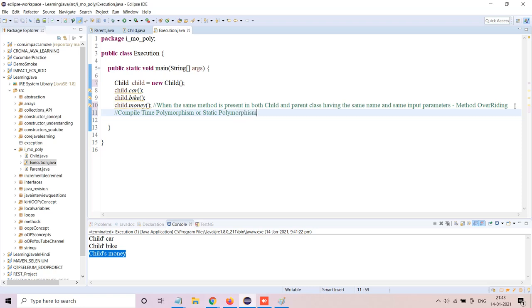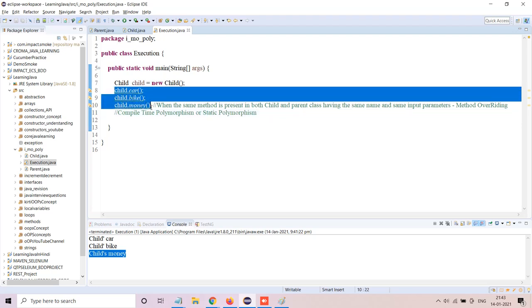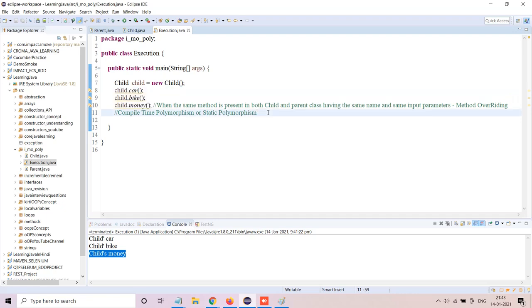Why? Because whenever you are trying to execute, the compiler is just going and picking it up, and that's how it is. So this is compile time polymorphism or static polymorphism. What is polymorphism? Polymorphism is nothing but one to many. So let's understand what is polymorphism first. If an interviewer asks you what is polymorphism, what will you answer? The answer is,